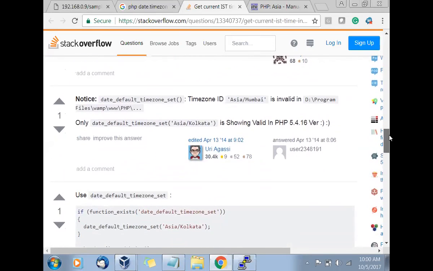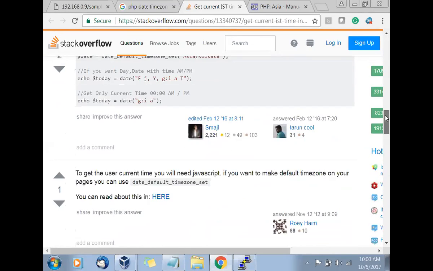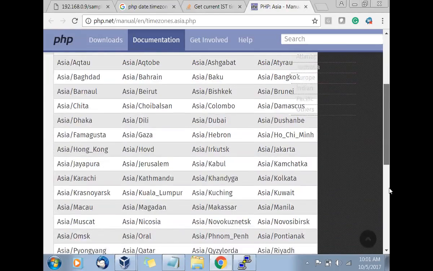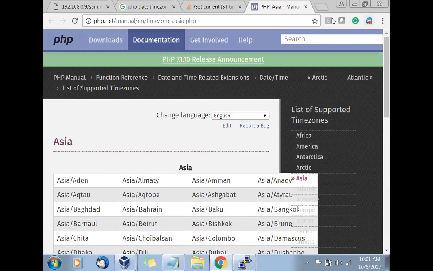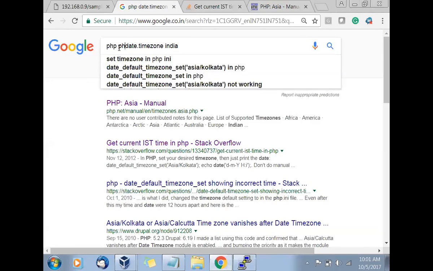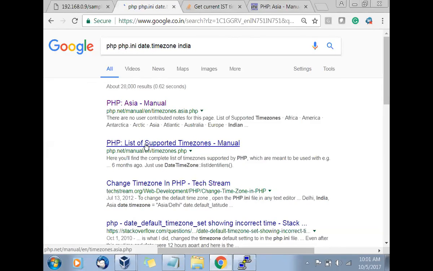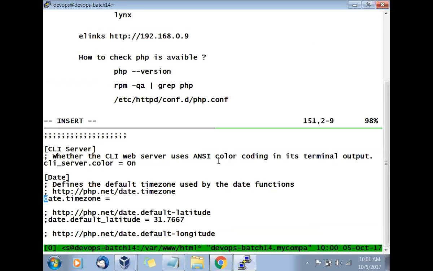Here it says go with that, but it is not telling you the direct way of doing that. Okay, let's go and see here. It is giving all the details. Hey, no, I don't want details. I want the PHP ini, php.ini file. Change the time zone. Date time zone, Asia, Delhi, Asia, Kolkata. So our time zone is Asia, Kolkata.